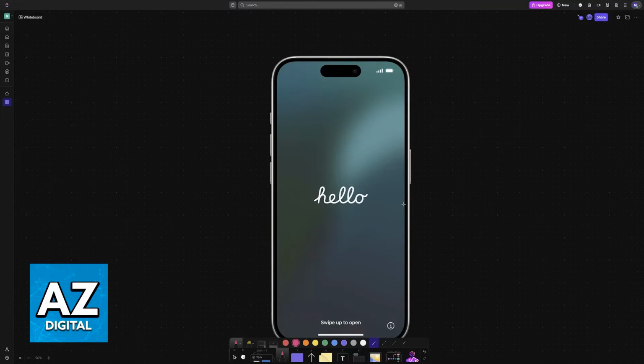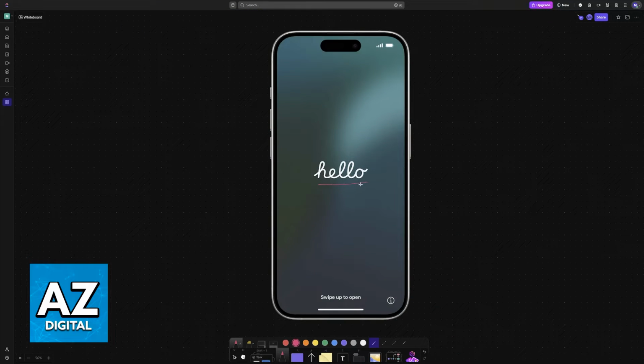This process will work regardless of the model. I'm going to be talking specifically about the iPhone 12 to an iPhone 14, but you can follow along with any other model number that you have. So this is going to be primarily done through the hello screen. This screen pops up when you first power on any new iPhone.